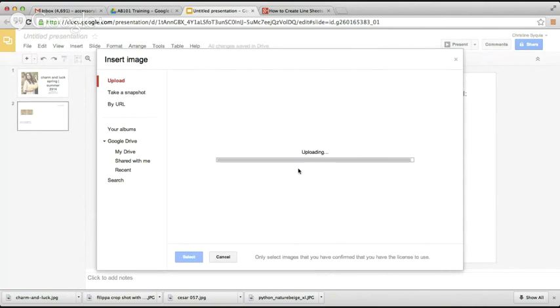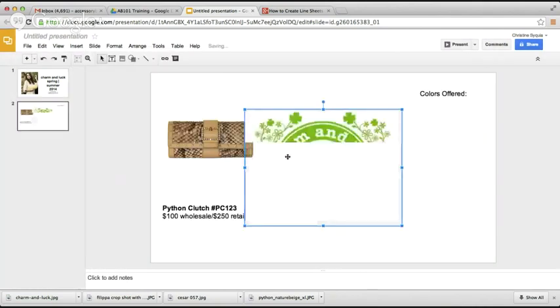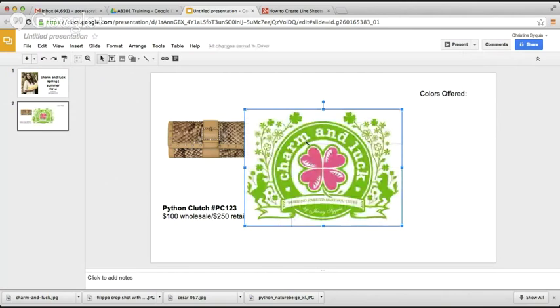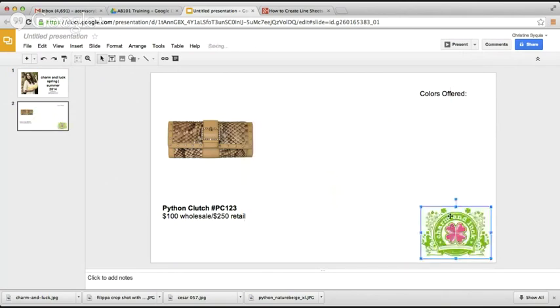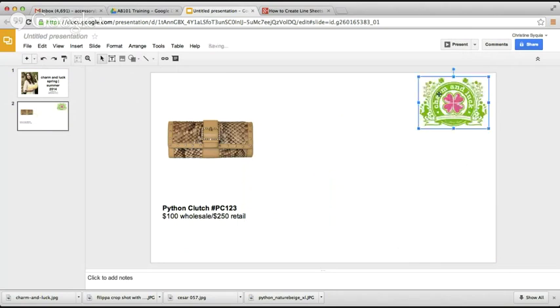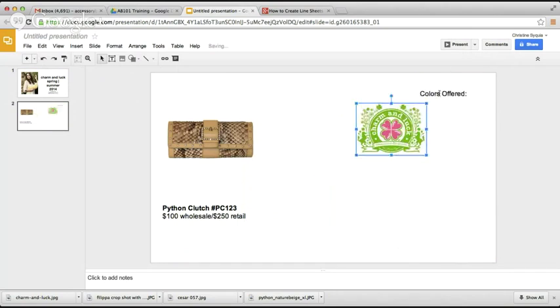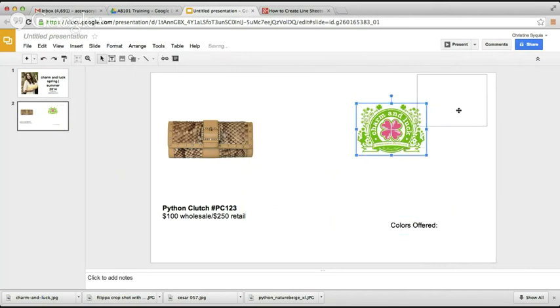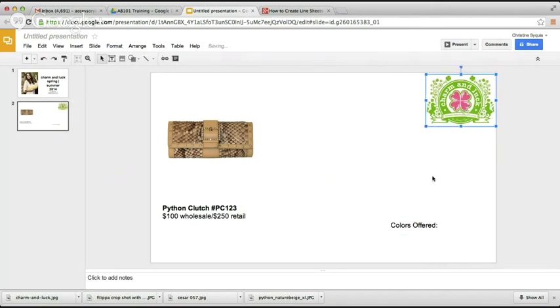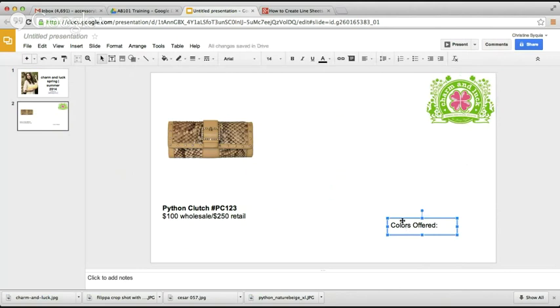I'm going to put it on the inside. So there's the logo, and I'll put it here. You know, but it could also go up here, and then you can move this guy down. Again, there's no right or wrong. You're all designers, so I trust that you have a very strong aesthetic sense, and you can see